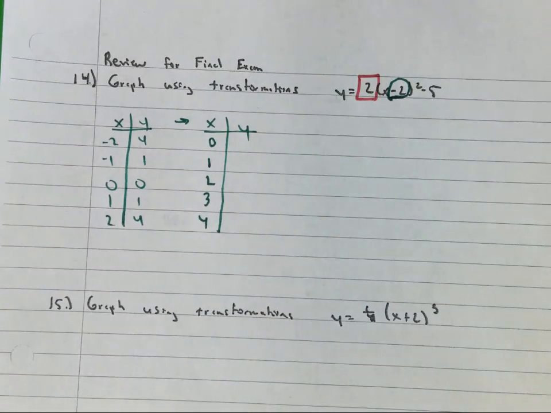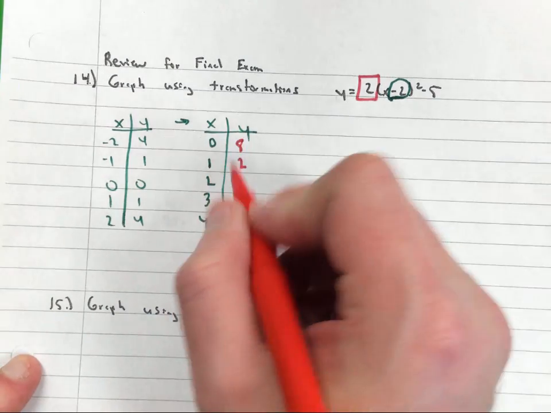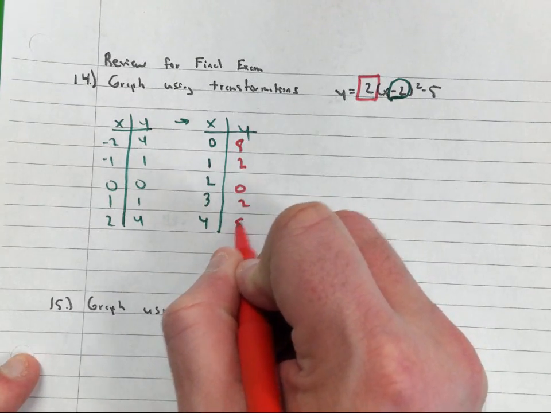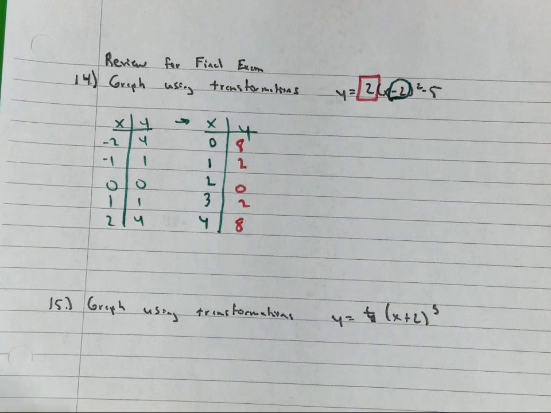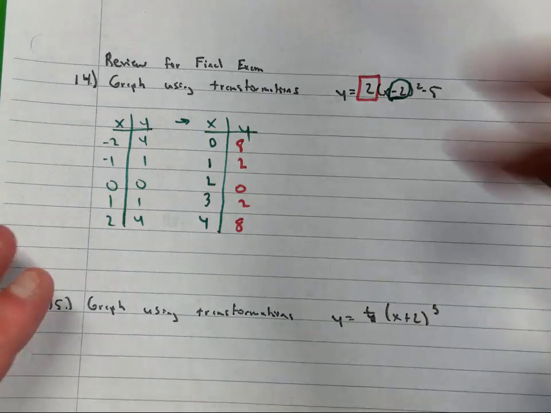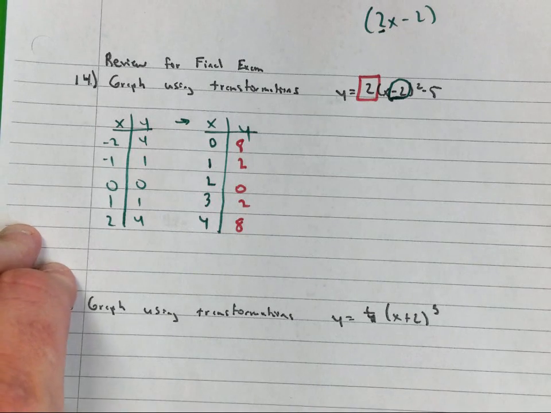What does this do? How does that affect the graph? Stretches by a factor of 2, vertically or horizontally? So that's going to affect your y. Okay, so I'm going to multiply my y coordinates by 2. If it was on the inside with the parentheses next to x, you will multiply it by the x's. Like if it was parentheses 2x, you will multiply by 2 or 1/2? 1/2.